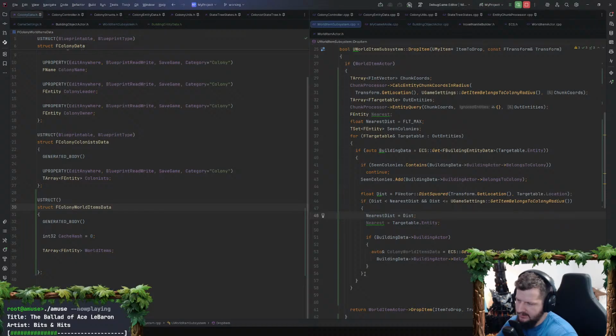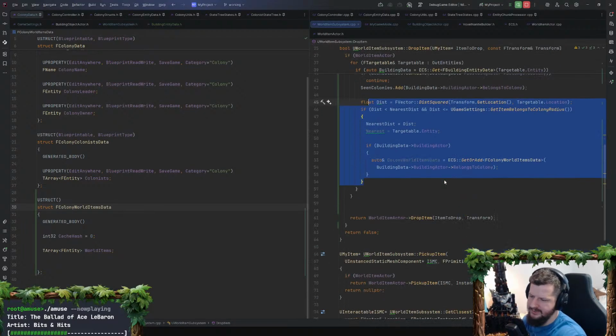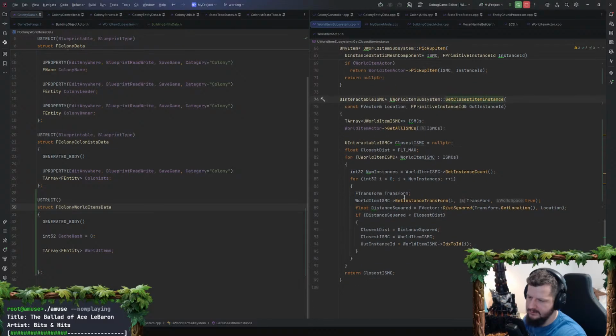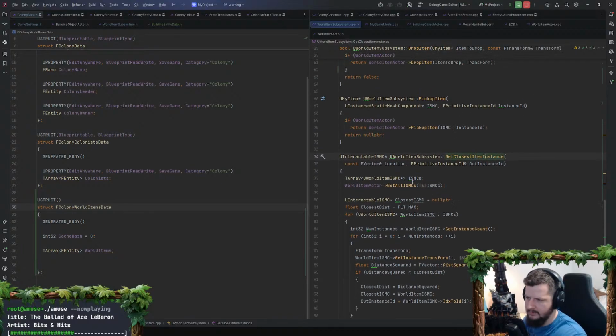So I think, didn't I say I just wanted to invalidate the cache here, but then also I wanted to... it was in the hall, yeah, well no, it was in here, get closest item instance. I should probably check within a certain radius too. And if I'm gonna do that, these items should be,